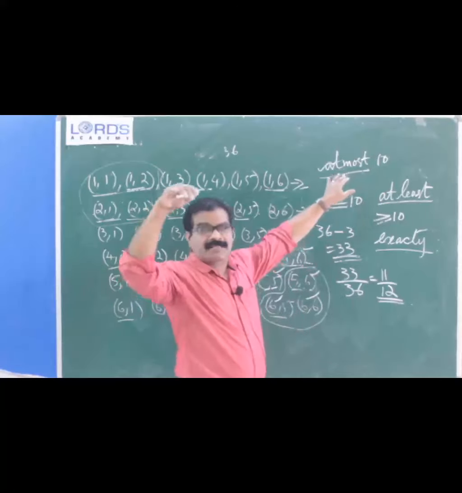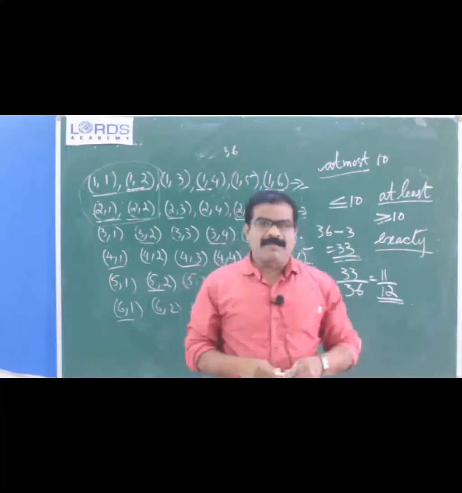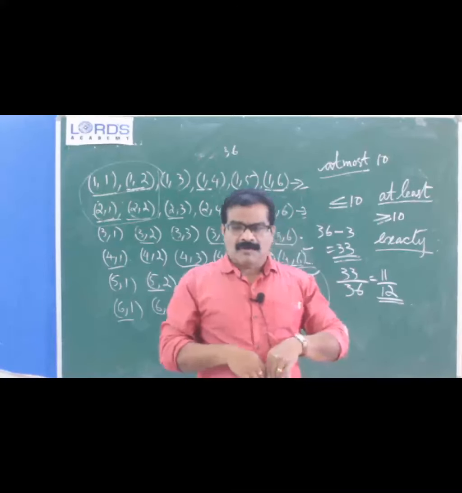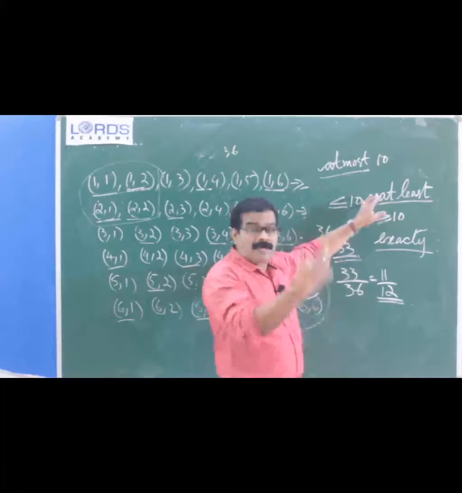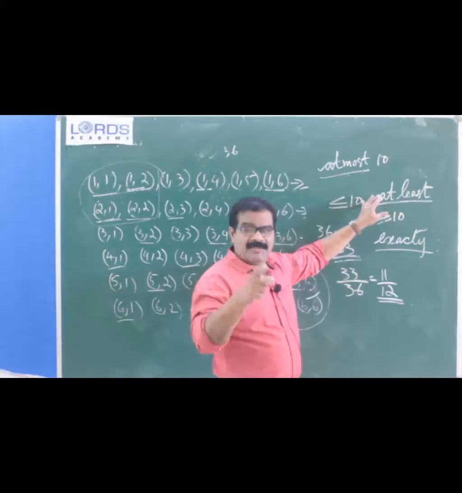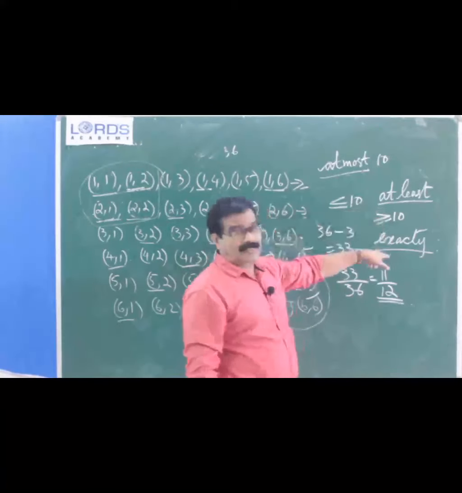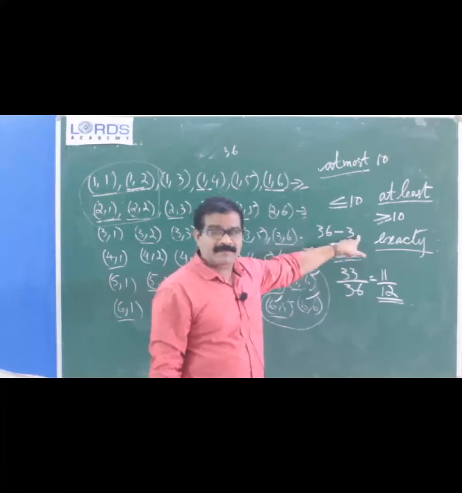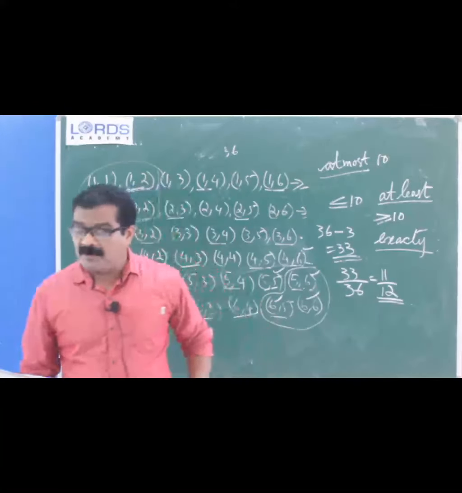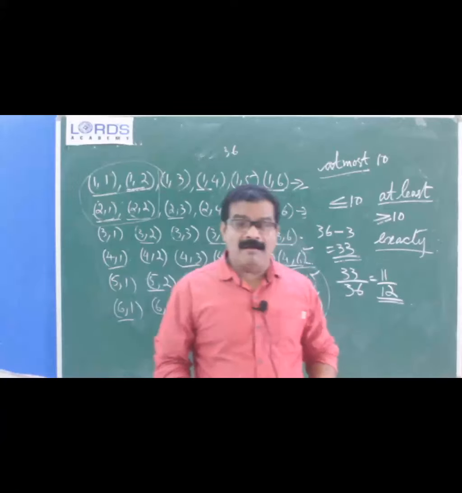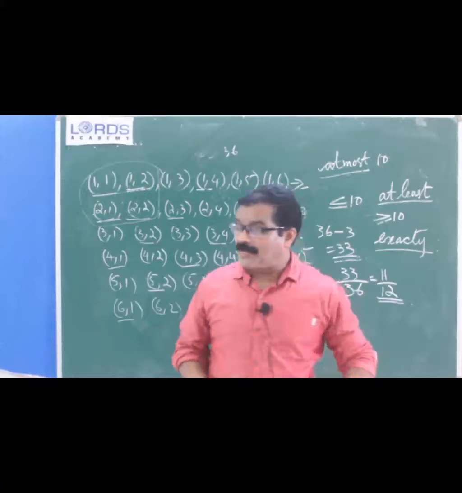In the previous examples you can say 3 coins are simultaneously thrown, then you will get possible outcomes. From that you can see exactly and at least, and from that you can find that also. Okay, that is over, I think you understood that one. Agna, understood? Yes, sir. Okay.